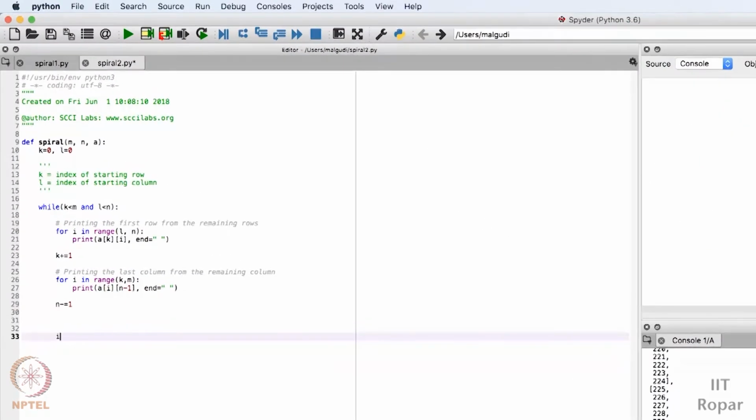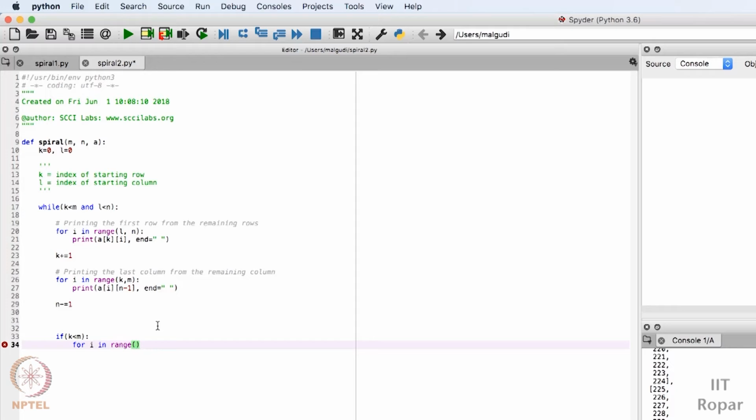For that, what we'll do, we have to check the row index is not exceeding the number of rows. Why am I doing it again here? See, I already checked it in the while loop, but it might happen that after this condition, the k might become, let's say 5, which should not happen here. If k becomes 5 and it comes here and I am not stating this condition, then there is a bug in the program. So for that I have to put that condition again. Inside this, if it is fine, then I will write for i in range.